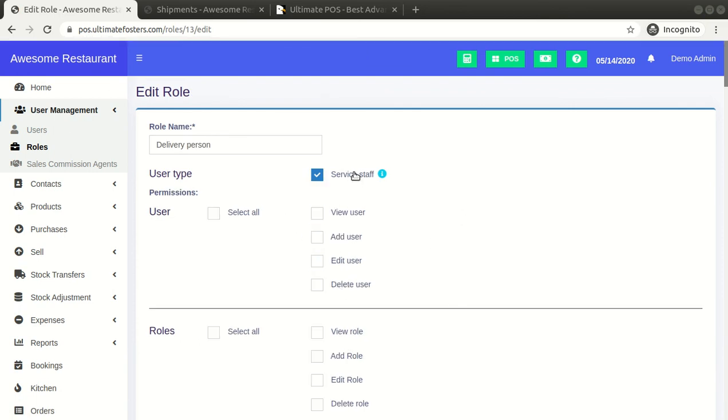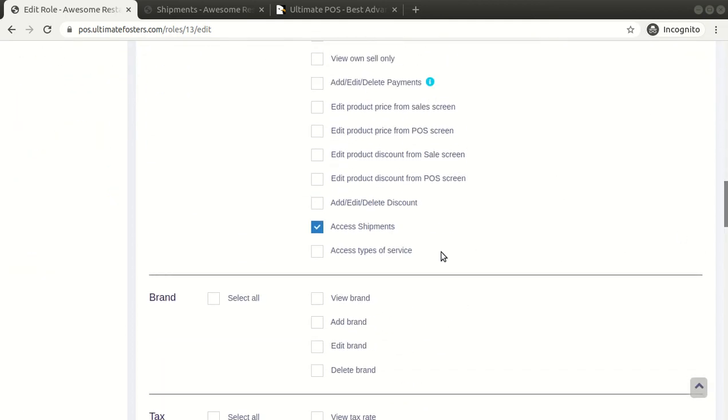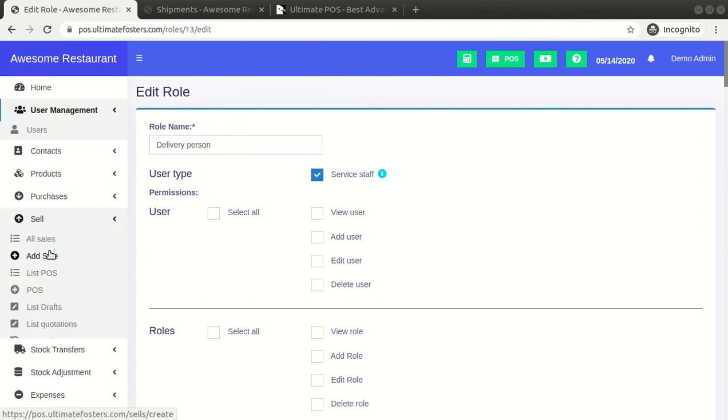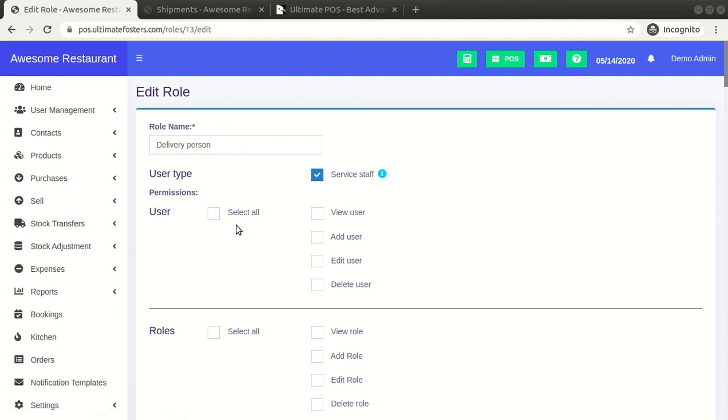In this role, the role name is delivery person. The permission assigned is service staff, and in the sales section we have given access for the shipments. So whenever any user having the role of delivery person logs in, he will see all the different shipments which are assigned to them. So that's all in the delivery section, or the shipments